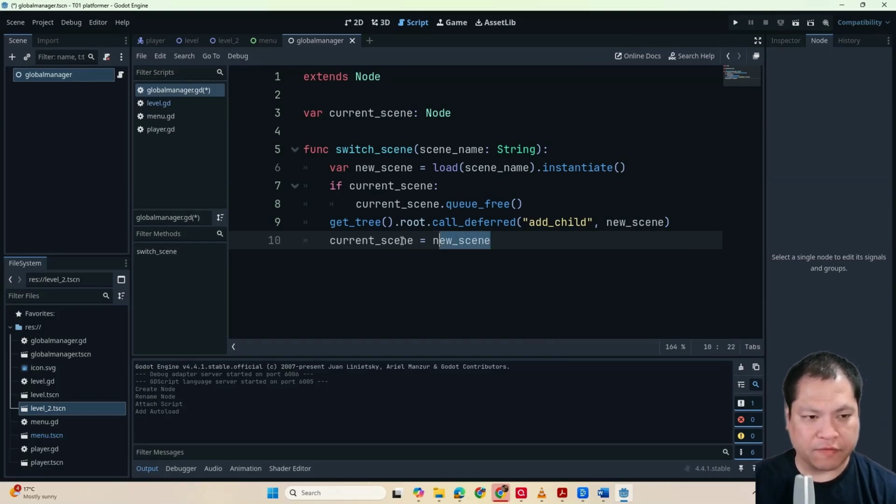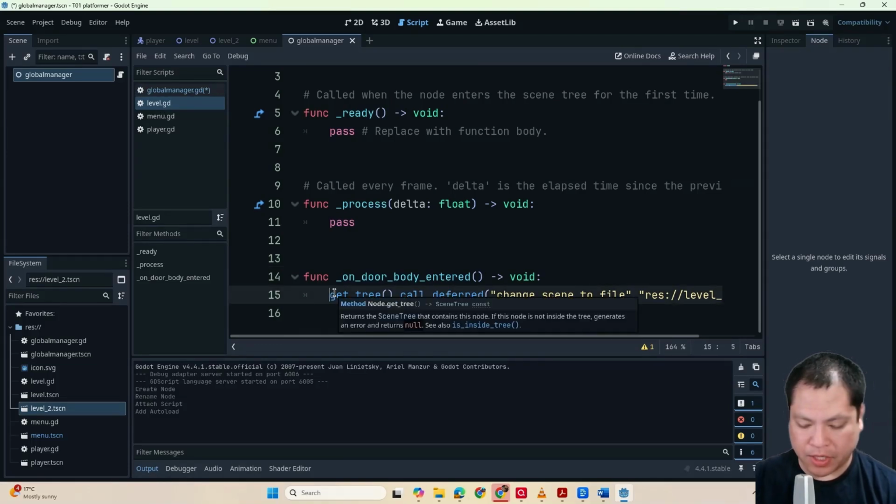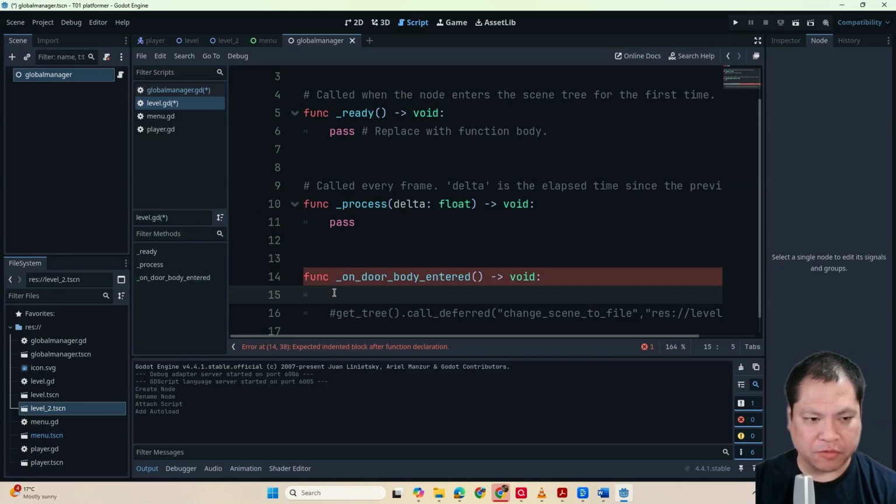So now that we have made this function, we can use this function whenever we need to change scenes. So we need to find all the places where we do change scenes. So I go to level.gd. There's a scene change right here. Let's just comment that out in case we need it again. But actually, we don't want that. We want GlobalManager